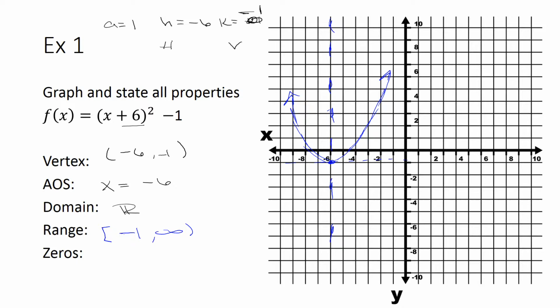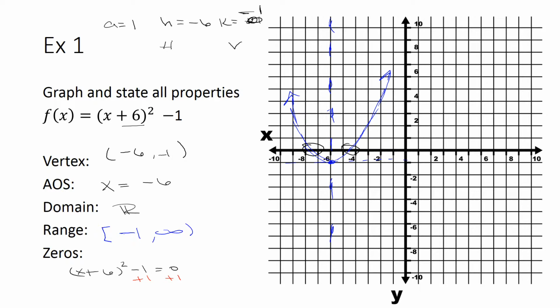The last thing I'm going to want you to do is solve for your zeros. Okay, I want to know exactly what values it crosses the x-axis at. So the easiest way to do that would be to solve using the square root. So I'm going to have (x + 6)² − 1 = 0. So in order to solve that,